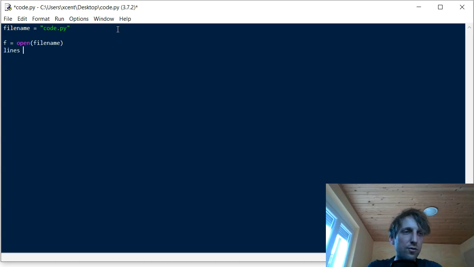Okay, and we can do this, for example, by creating a variable lines, which is a list, and then we go for all line in f. You see, the file object works like an iterator, so you can iterate over a file object, and it will go over it line by line. Then we can append a value to the list. We could append the whole line to our lines variable, but we can also do some processing. For example, we can get rid of all leading and trailing whitespace characters, and then we can print everything to the shell. So if you execute this code,